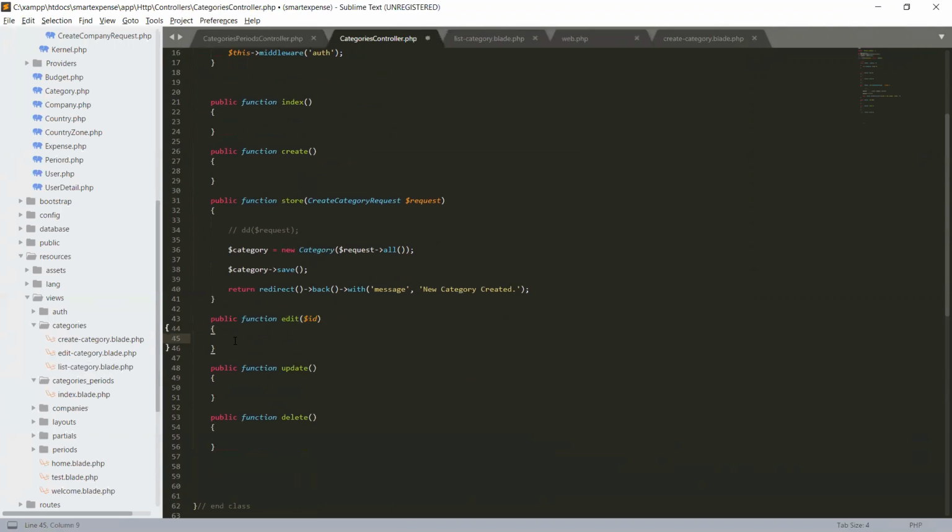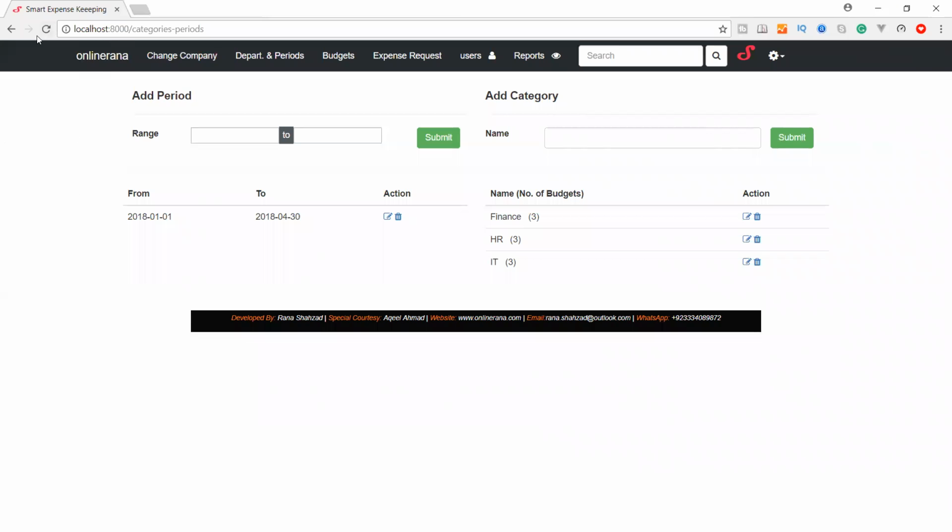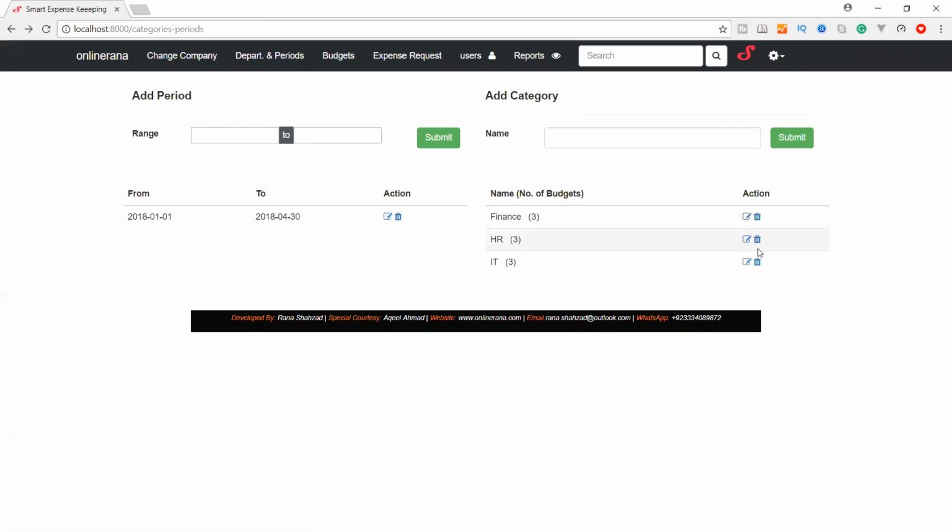So we can dump this ID and we can check. So it is passing the ID. Okay, refresh. And when I click on edit, it goes to the edit method and dumps the ID. If I come back and select the third one, we are getting the ID.